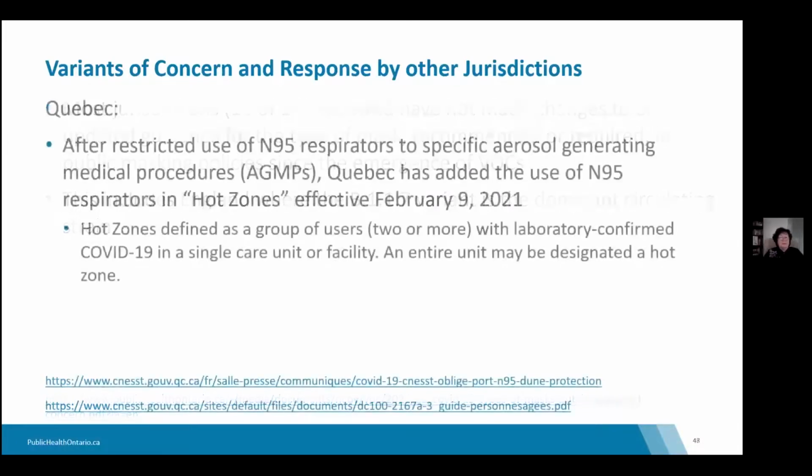Next slide, please. Another jurisdiction that we looked at closely was Quebec. Many have seen these reports as well. And after restricted use of N95 respirators to very specific aerosol generating medical procedures, Quebec has added the use of N95 respirators in what they're calling hot zones. And that's been effective since February the 9th. Now, hot zones, you can see here a description of what that means. And on the next slide,